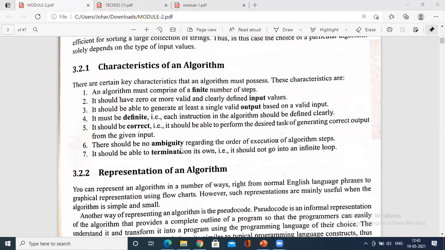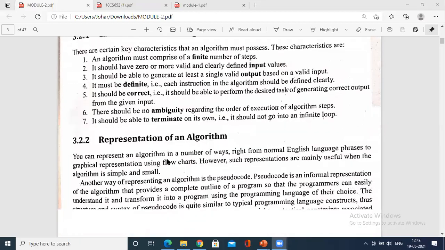Though I have done it in one of the earlier classes, to explain this concept, what is the meaning of ambiguity? Ambiguity means there is a certain kind of confusion. For example, you execute the same program for the same input at different attempts. In both the attempts, if you get different output, you say that there is something wrong with the program, or else it is not a logical problem. It is a confusion, which output is correct or not. So that is ambiguity. There should not be ambiguity.